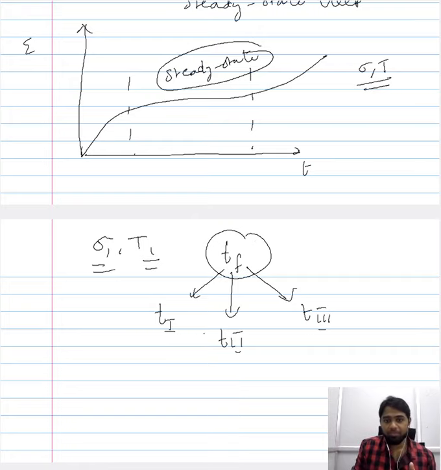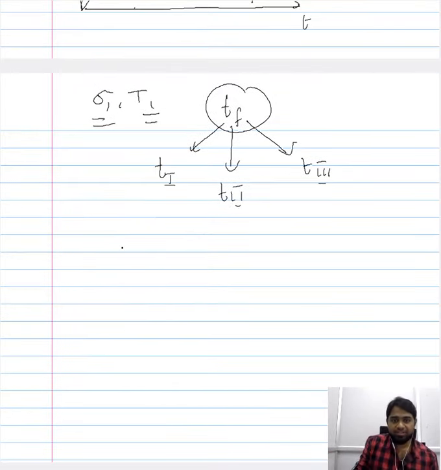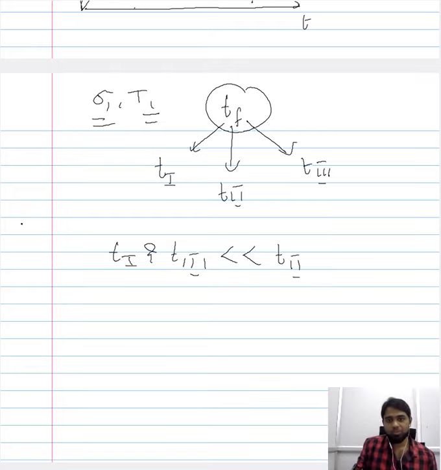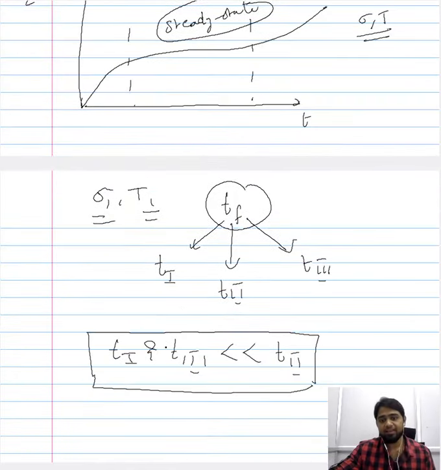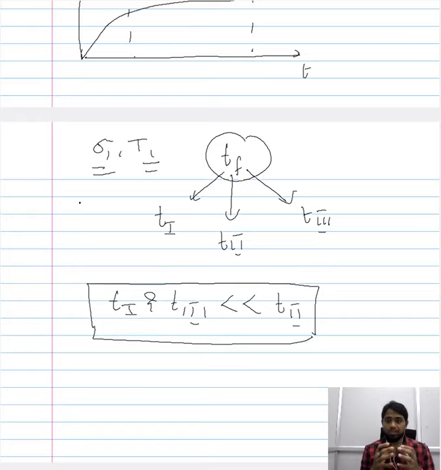The time taken by the first stage is referred to as T1, the time taken by the second stage as T2, and the time taken by the third stage as T3. Based on our understanding of creep behavior, we can reasonably state that both the time taken by stage 1 and the time taken by stage 3 are less than the time taken by stage 2. Based on the normalized or representative creep plot shown here, we can say that the life of the material largely comprises stage 2.